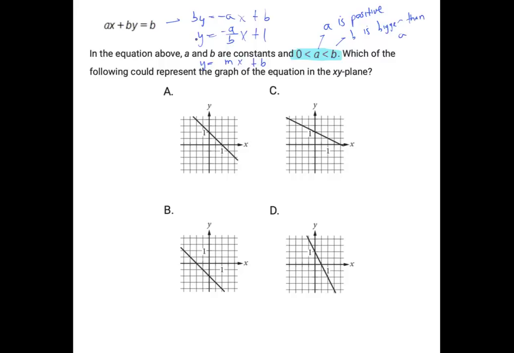So now, looking at the slope they gave us, the slope is negative a over b. But we know that b is the bigger number. So it's a negative slope with a small number on the top and a big number on the bottom. Now let's think about that in terms of an xy axis. Let's just say the y-intercept is here, just for conversation's sake. The rise over run: the rise is a small number, but the run is a big number. So you're going to end up with a line that is more slanted